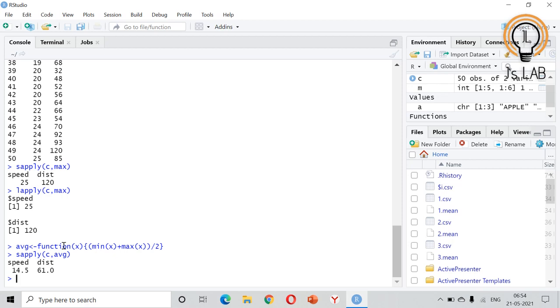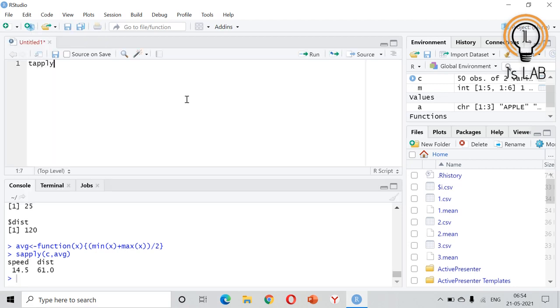Now we will see the tapply function. In the tapply function, you have x, that is the input, an object, usually a vector, then index. Index means a list containing the factor. I will show you with an example. Based on that factor, you need to do the analysis.